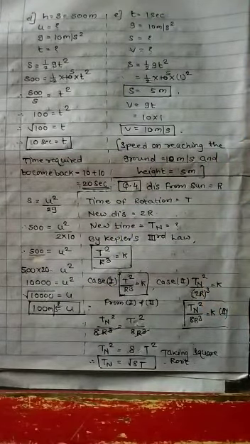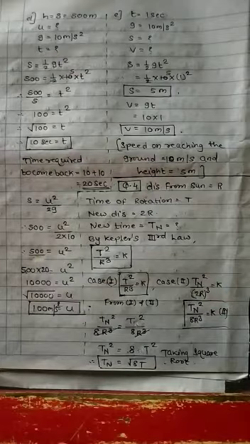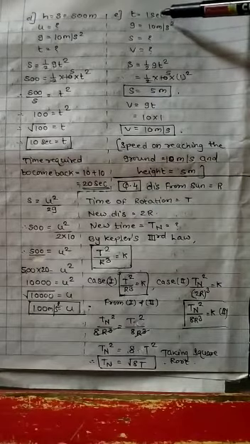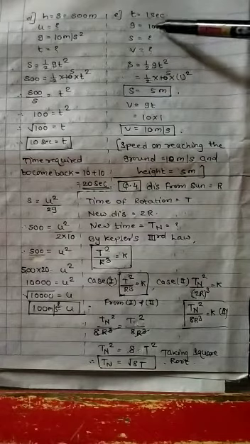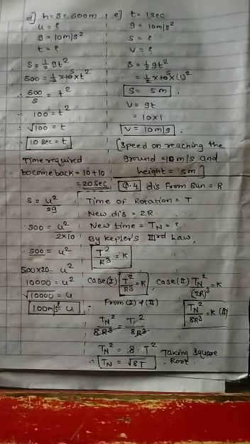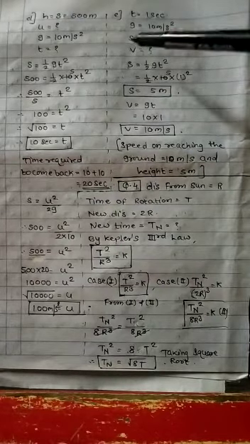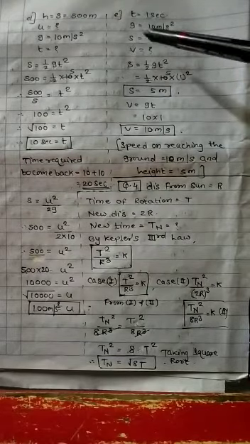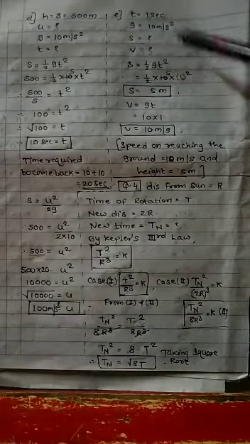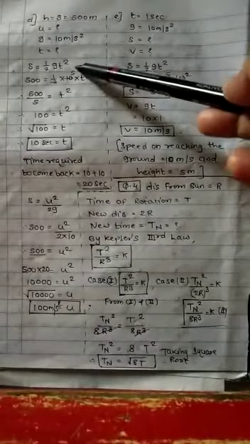Then the next question is E question. I read the question. A ball falls off a table and reaches the ground in 1 second. 1 second means t is given here, 1 second. Assuming g is equal to 10. See, g is 10 here. Then calculate speed. Speed means here you have to find out v, and height also. S means height.